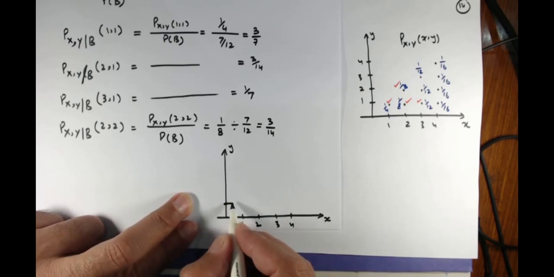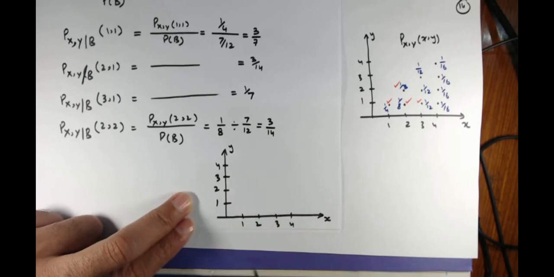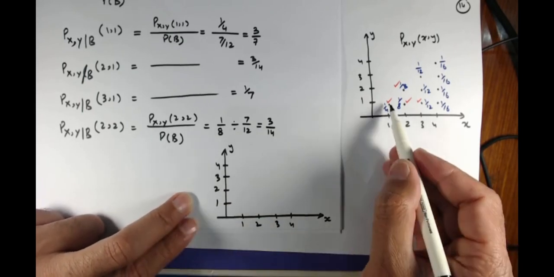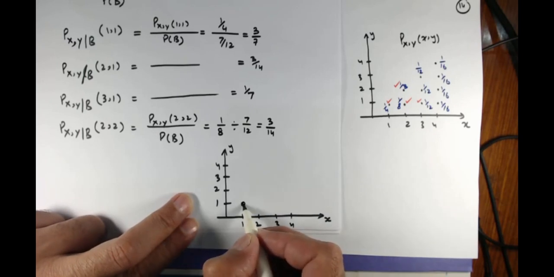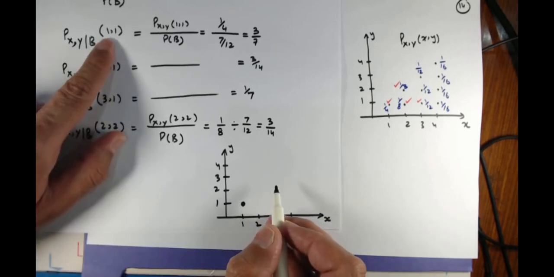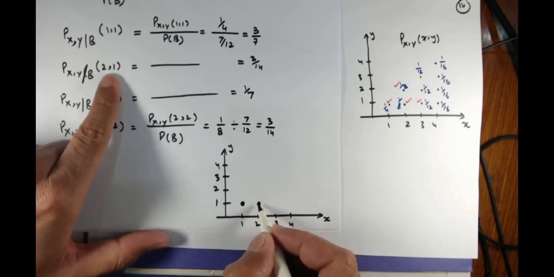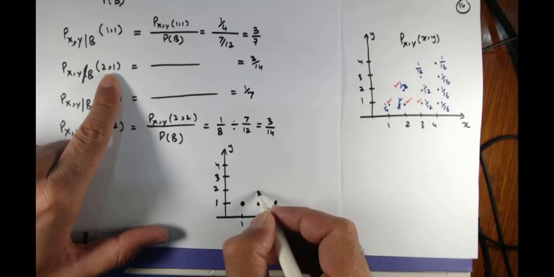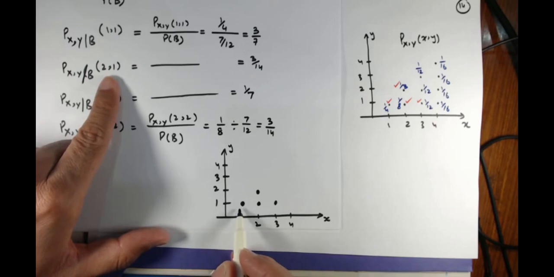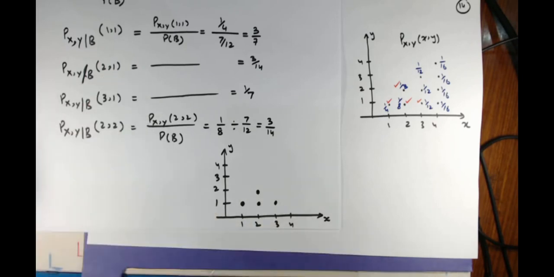And similarly here y is equal to 1, 2, 3, 4. The points are this, this, this, and this, which means some probability x equal to 1 comma 1, some probability x is equal to 2 comma 1, some probability x is equal to 3 comma 1, and some probability 2 comma 2. So what are these probabilities?